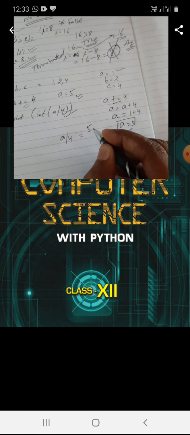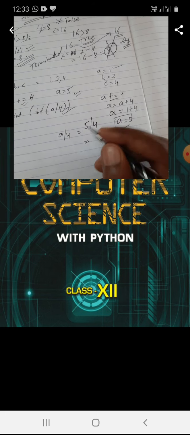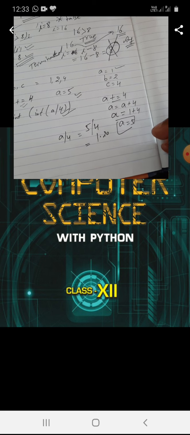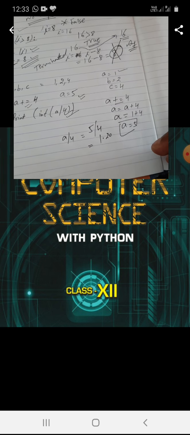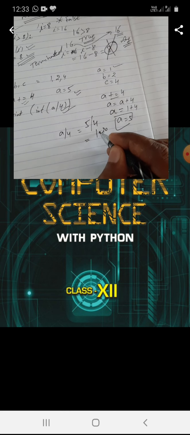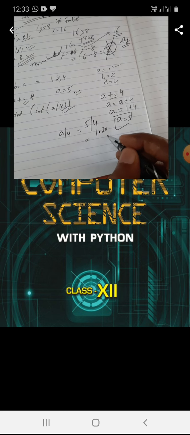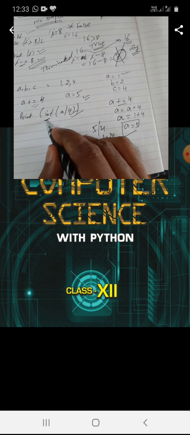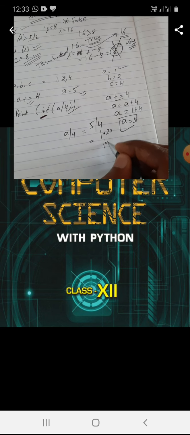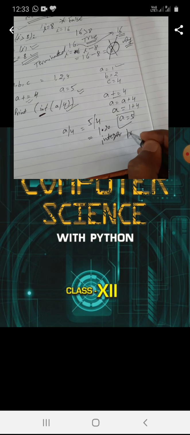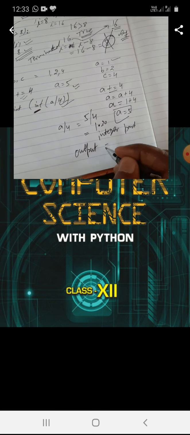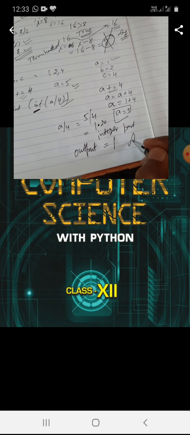The value of a is 5, so 5 upon 4 becomes 1.25. a / b will generate a floating point number, which means the output will be a number also containing the fraction part. But what is given in the print function? int. It means it will produce only the integer part, so the output will be exactly equal to 1.